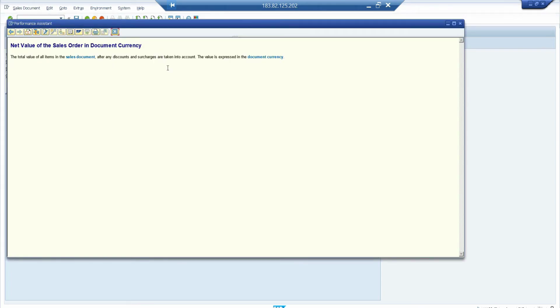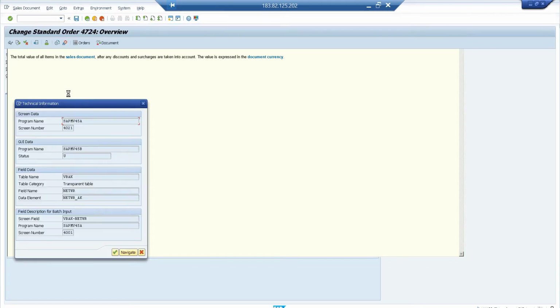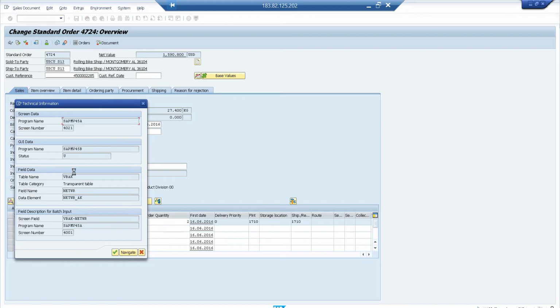Let me identify some basic information. Go to this option, technical information box, the fourth button. Always it's the fourth button, mostly. And just check what is the screen field name. A lot of information is available, so just check what is the screen field name. So my screen field is VBAK-NETWR. Mostly it's table hyphen field name only. Just copy this, close it,